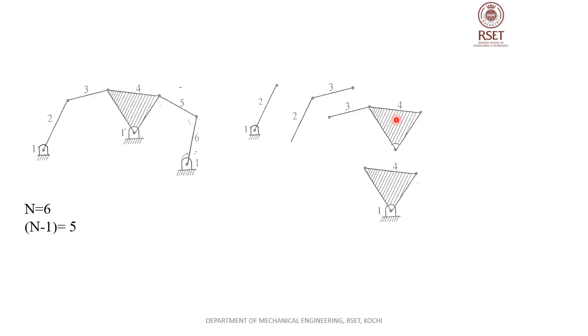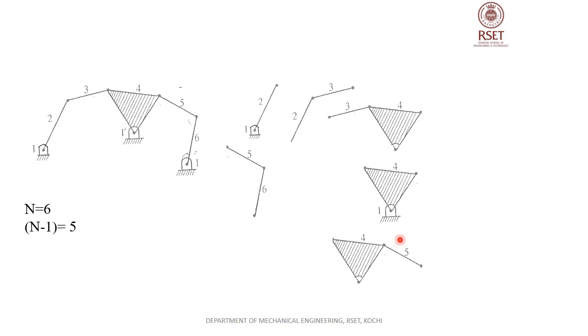Now let's check the next kinematic pair, 1 and 4. What about 1 and 4? We know that 1 is a fixed link. About 1, link 4 can be rotated. This 4 can be rotated about 1. So that is also considered a turning pair, having single degree of freedom. Next kinematic pair, 4 and 5. We can see this 4 and 5 is connected with a pin. Here there is a pin. If 4 is fixed, 5 can be rotated. If 5 is fixed, 4 can be rotated. So this is how this kinematic pair has relative motion, a rotation motion, and it is considered a single degree of freedom kinematic pair. This is also named a revolute pair or a turning pair.